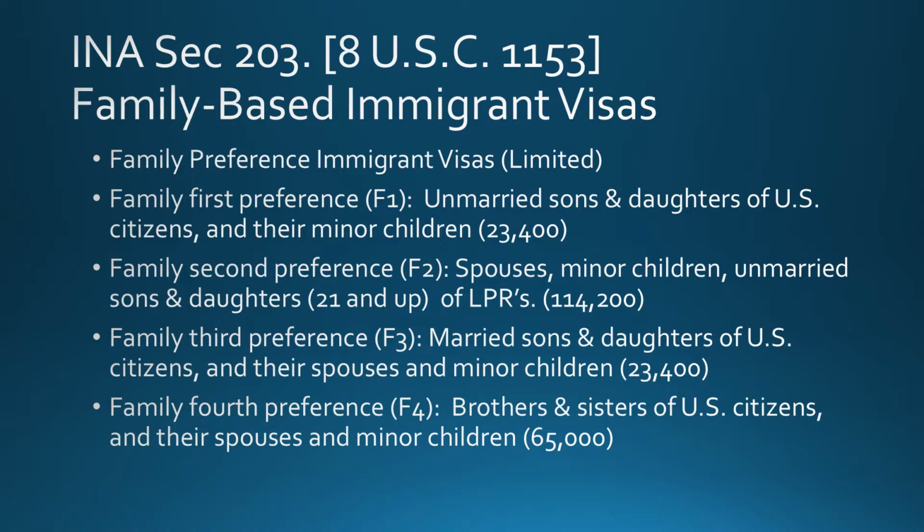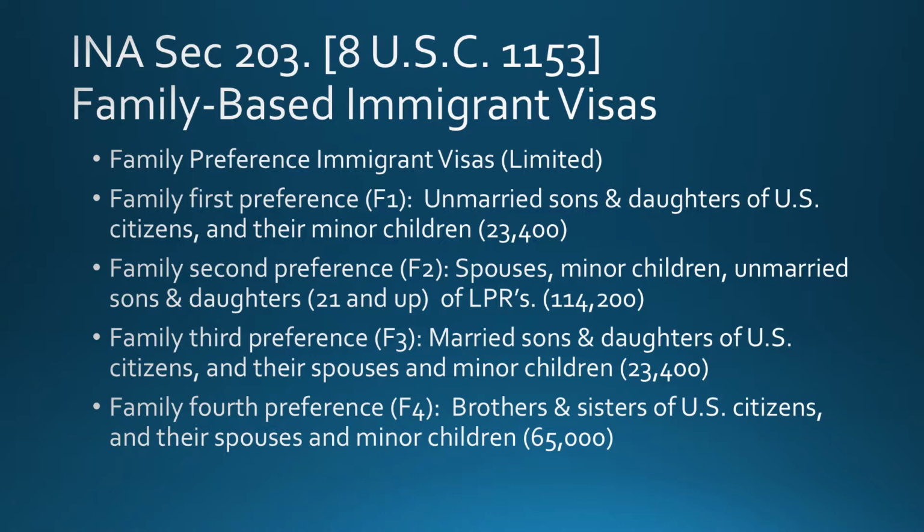So the first one, Family First Preference 1, is for unmarried sons and daughters of U.S. citizens and their minor children, if any. And the cap for each year is 23,400. F2 is spouses, minor children, and unmarried sons and daughters aged 21 and over of lawful permanent residents. At least 77% of all visas available for this category will go to the spouses and children. The remainder is allocated to unmarried sons and daughters, and the cap each year for this is